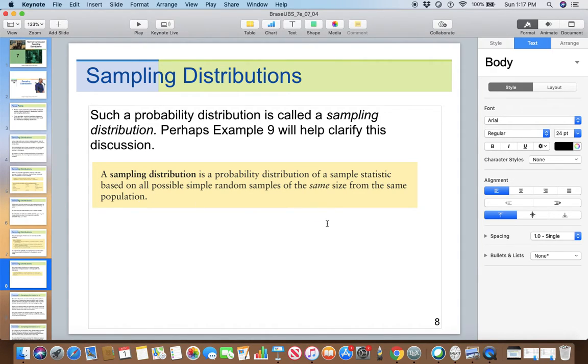You start taking samples and finding the mean of each of those samples. The samples are simple random samples of the same size. So you take many samples of the same size and then find, for example, if I want to find the mean income